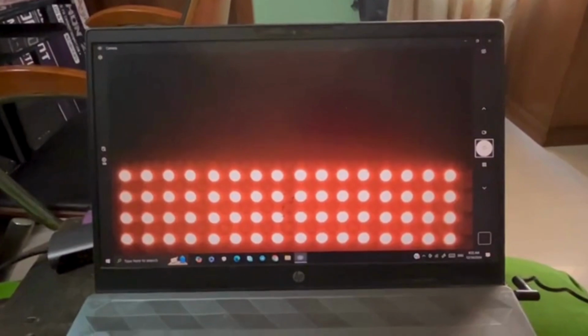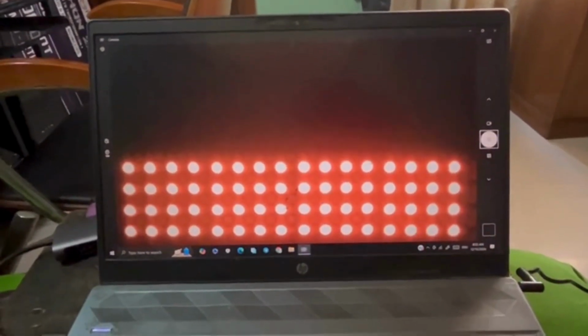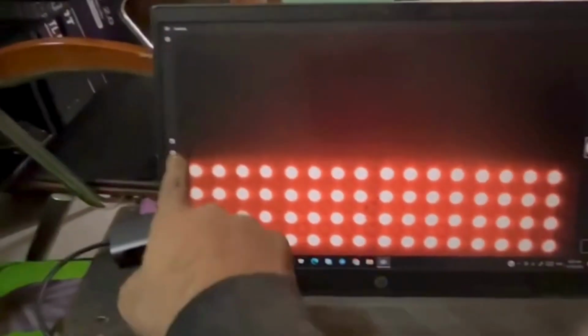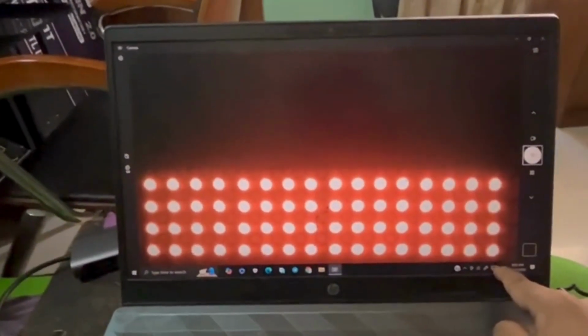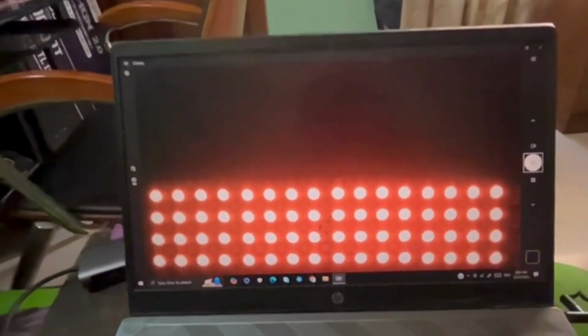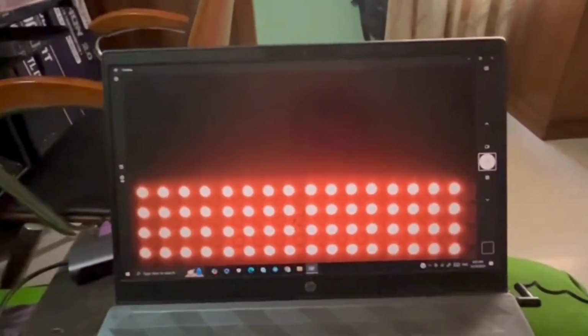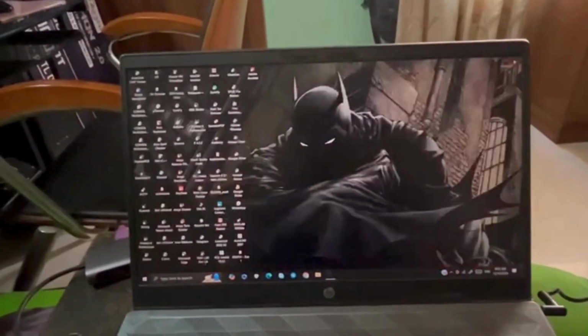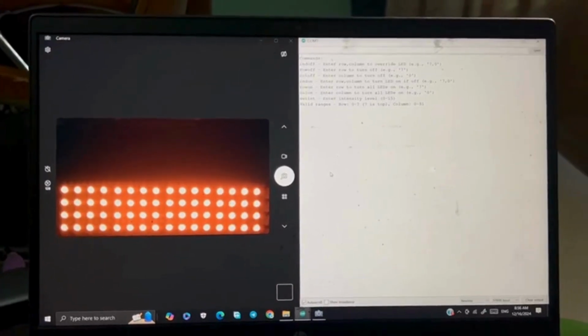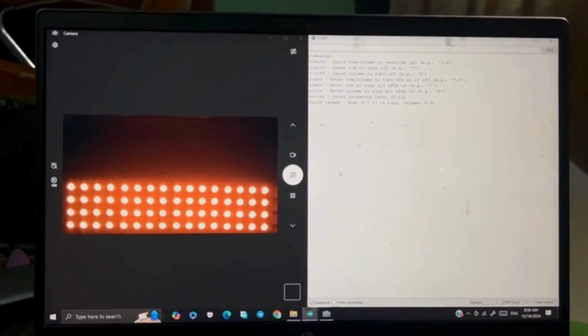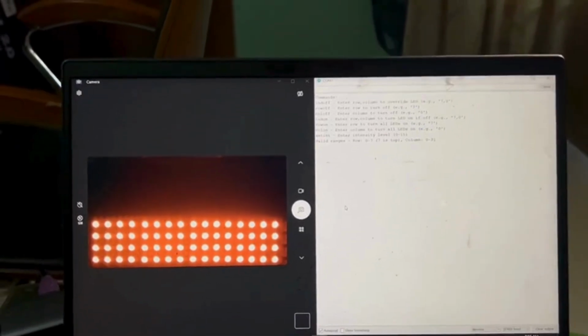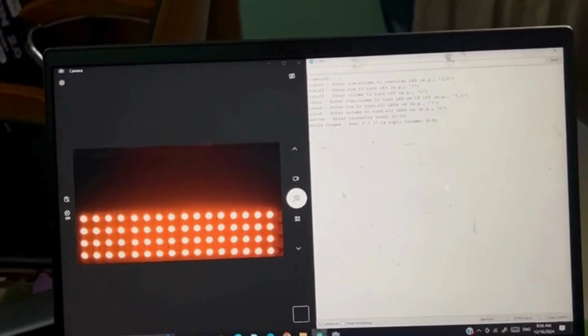We'll now check if the camera is aligned with the LED matrix. We can see that the whole LED matrix can be captured by the camera, and now we will close the camera and move on to the next steps. This is the test bench setup of our project. On the left hand side we can see we have aligned the camera, and on the right hand side we